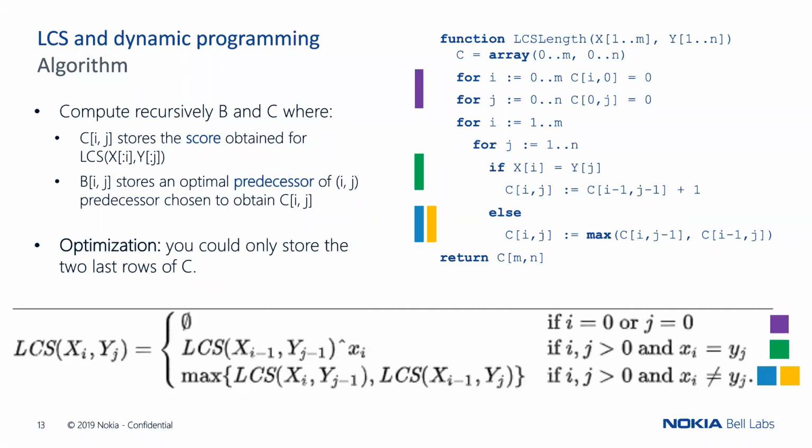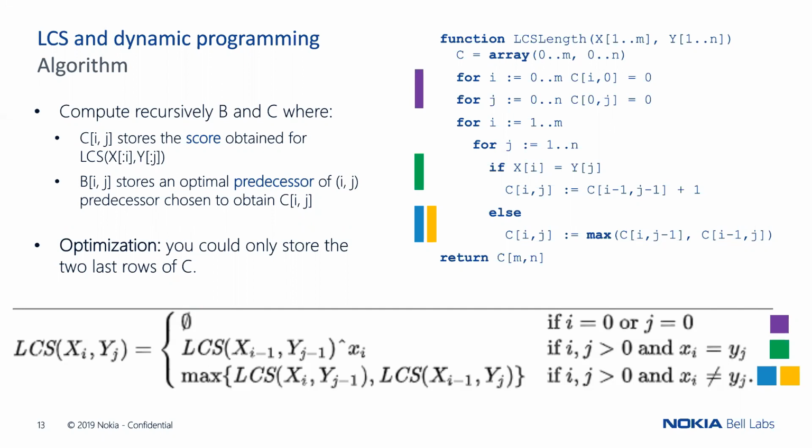Okay, so if you look at this program, you can see that the cost is quadratic. So the complexity is O of mn in terms of computation, and also in terms of memory. But as Fabien observed, if you take some time to think, you could do memory savings. And in this particular case, you do not require to store in memory the whole matrix C.